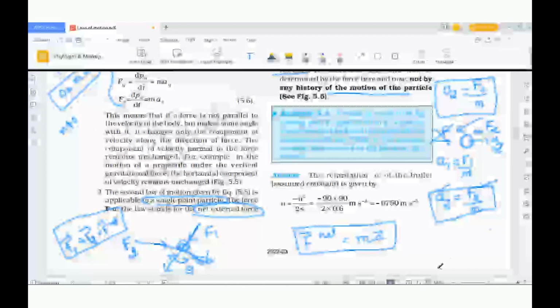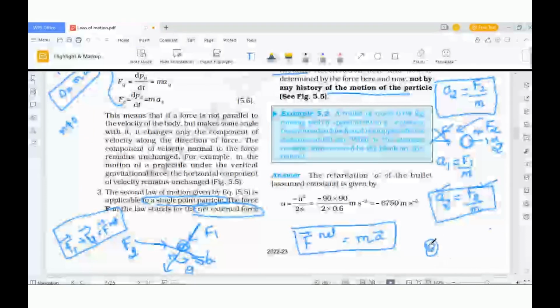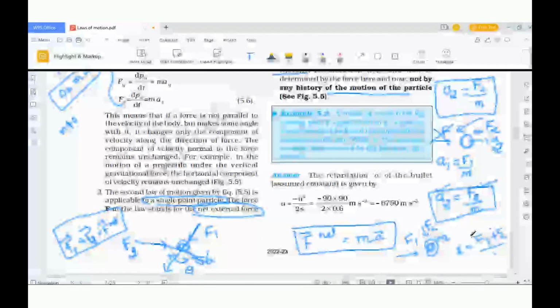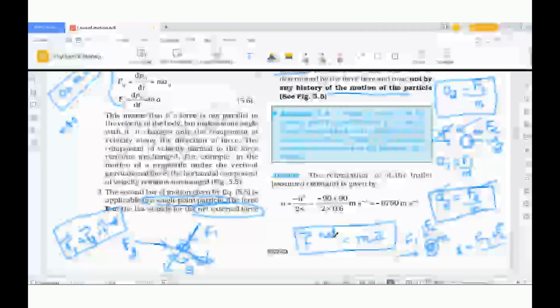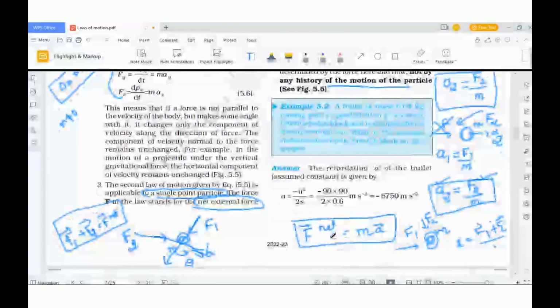Okay. And now I'll give you a different situation. The same particle M is there, and at the given moment, both forces F1 and F2 are acting. Now your acceleration will be decided by both the forces, F1 plus F2. And it is not just F1 plus F2, you should take their vector sum. Understood? Yes, ma'am. Understood the meaning of it not depending on the history of the motion.